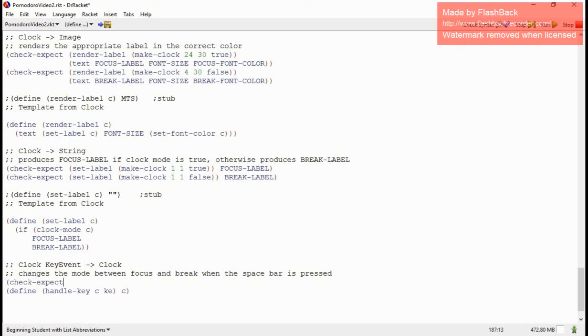So we do check-expect, handle-key, and we give it a clock and a key event. So we have make-clock 1, 1, and true. And what we're going to want, well, if it takes a spacebar, then we want it to change modes. So it starts over at the break clock starting point. Remember that currently is for 5 minutes. It starts at the break clock